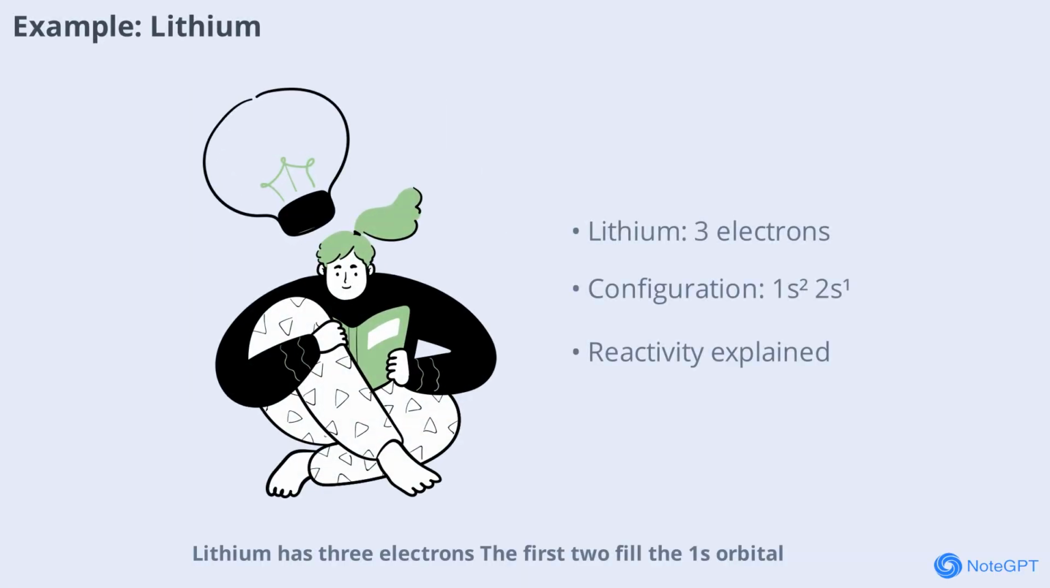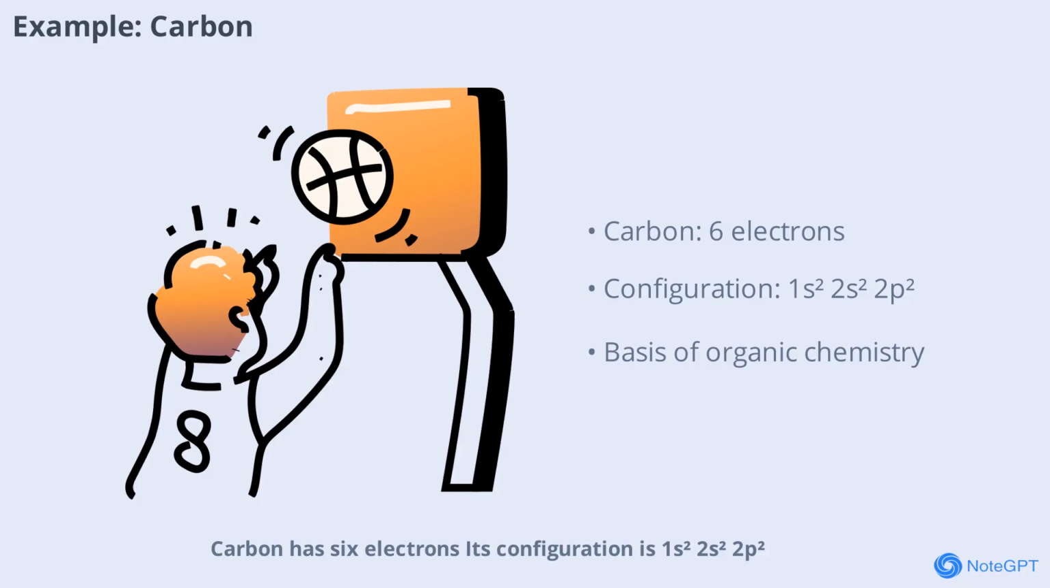Lithium has 3 electrons. The first 2 fill the 1s orbital and the third goes into the 2s orbital. Its configuration is 1s² 2s¹. This arrangement explains lithium's chemical reactivity and its position in the periodic table. Carbon has 6 electrons. Its configuration is 1s² 2s² 2p². The distribution of electrons in the 2p orbitals allows carbon to form 4 covalent bonds, making it the backbone of